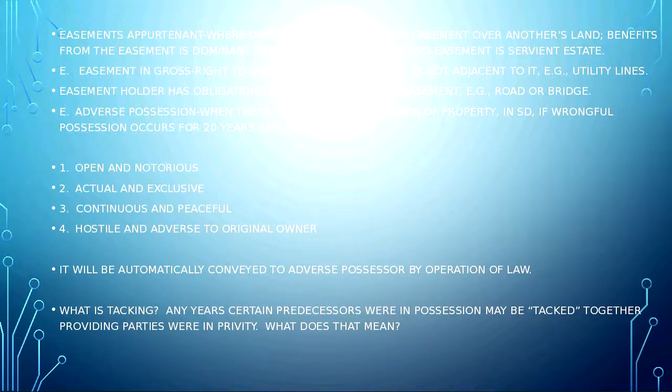So I said, now, for South Dakota and Georgia, the time period that has to exist uninterrupted is 20 years. So if for 20 years my neighbor openly and notoriously used my property that obviously ran through his bedroom, actually and exclusively, continuously and peacefully, clearly hostile and adverse to my ownership, in 20 years, he can get his deed redone. I would have to have my deed redone to reveal that he is now the adverse owner of the property in question.